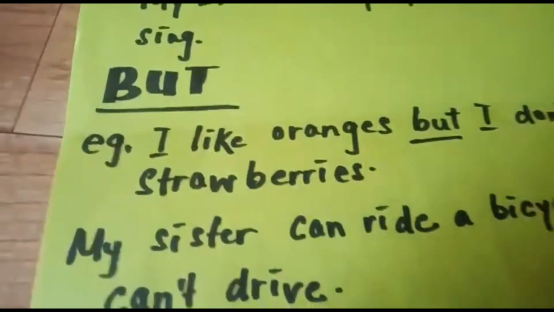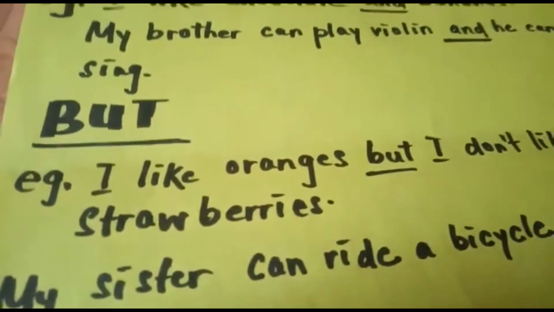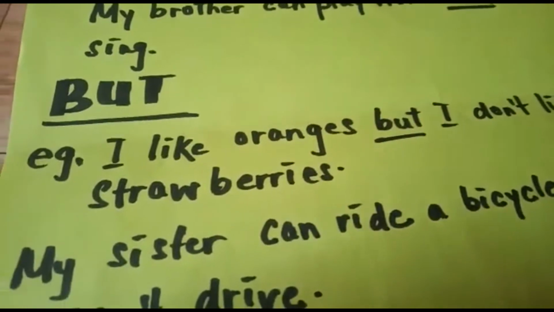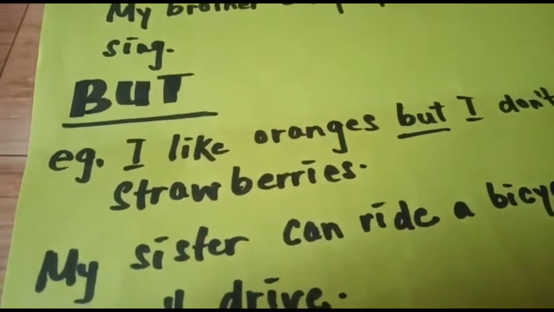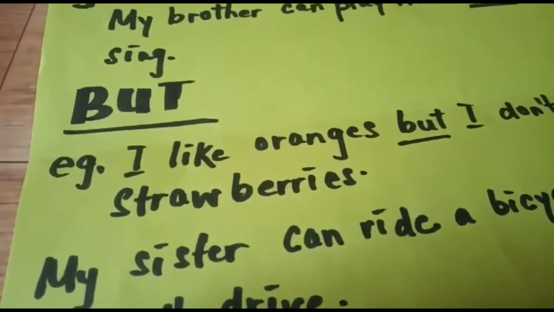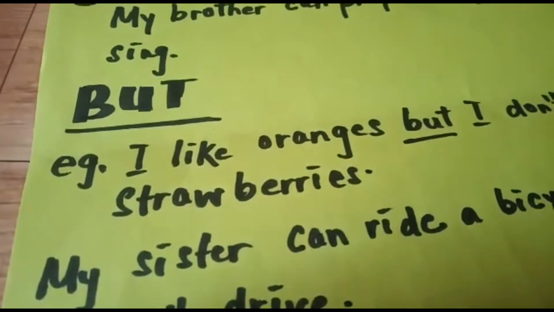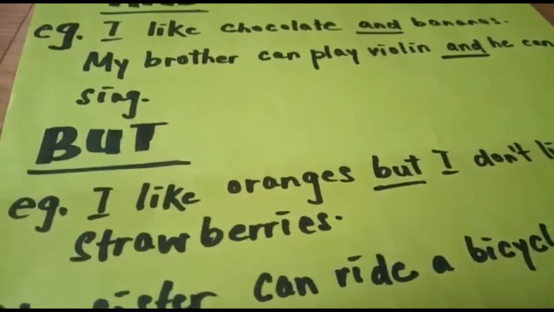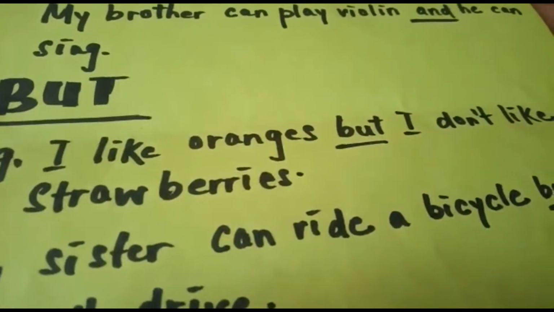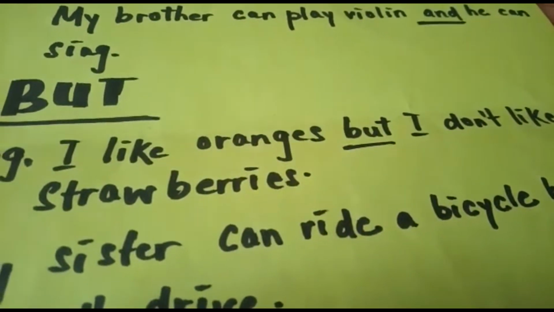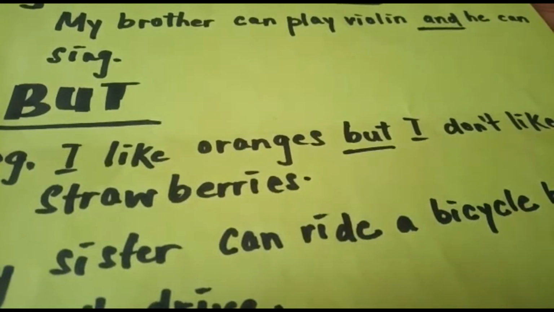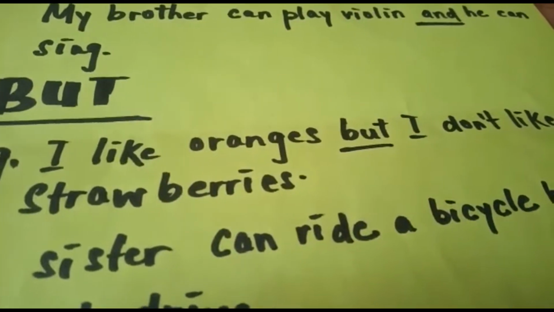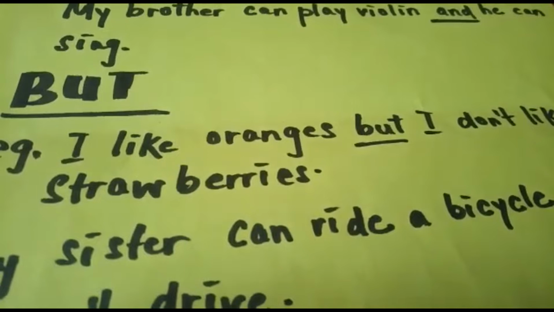Our next conjunction which I will be explaining is but. So why do we use but? We use but to show contrast. Okay, this you will understand with the help of the example given. I like oranges but I don't like strawberries. So over here it shows contrast, and we also see here